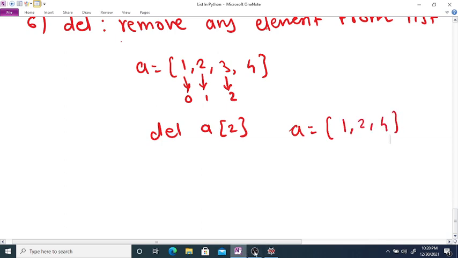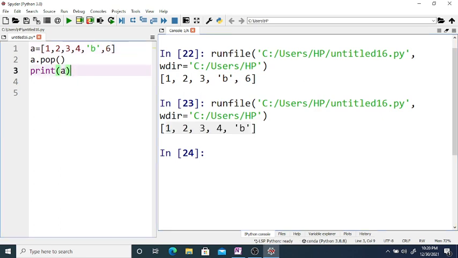Suppose this is the given list, and you use the command del a[2], and then print a.